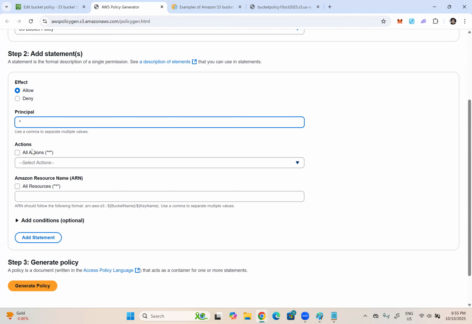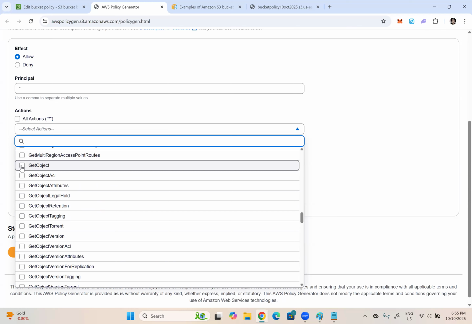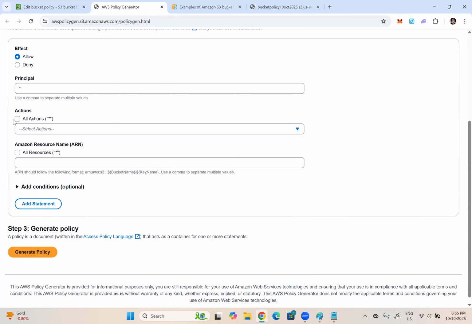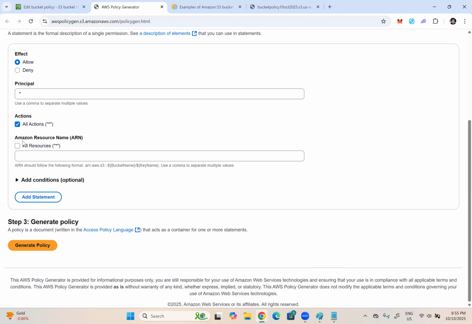Now, what actions would you like to allow? If you want to allow only specific actions, you can select the options: create job, delete bucket, delete object, get access point, get bucket list, get bucket policy, or get object. Get object means read. That is more than enough. Now, what I do is I will select the checkbox, which means